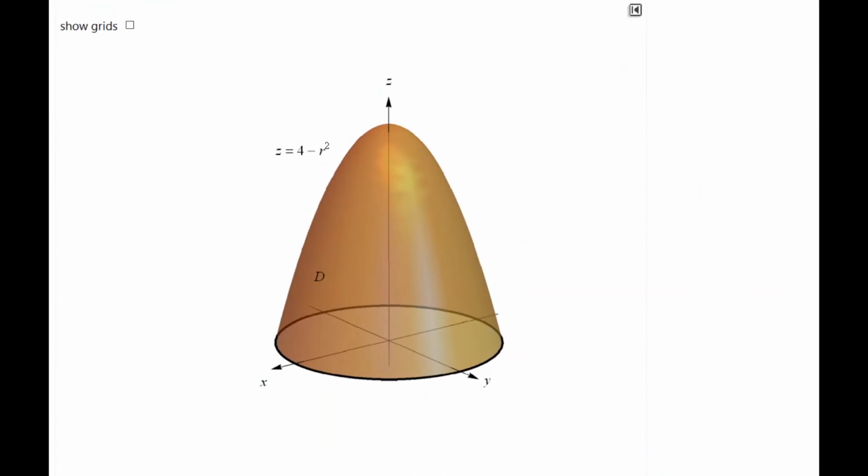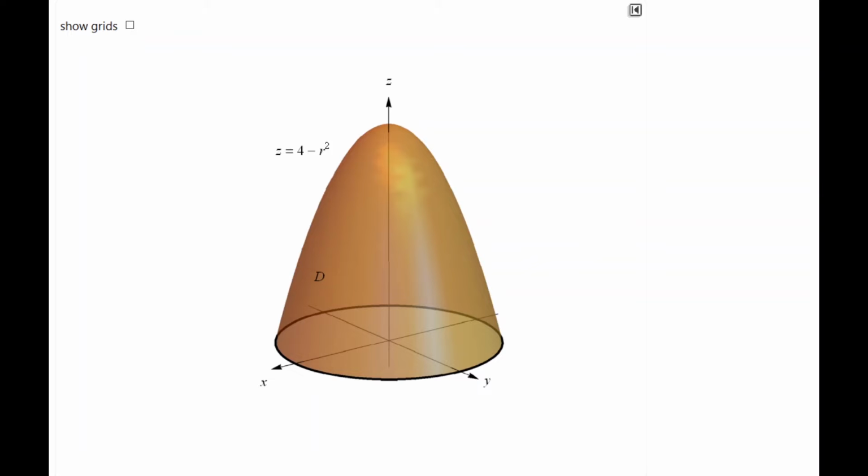And for visual reference, this is the solid D that we will be integrating over. This is not the function that we're integrating. The function is 5 minus z, which if we were to represent in this plot, we would represent with color, for example. So if we let red be where it's less dense and blue be where it has a higher density, then